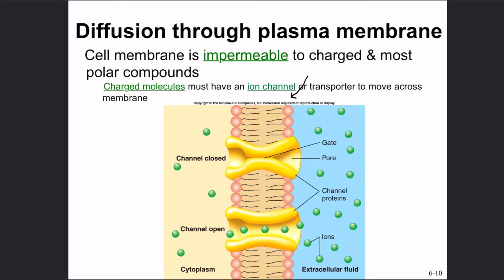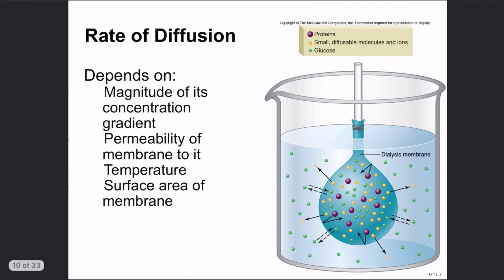These proteins can be ion channels, like these shown here, or they can be these kind of like swinging door type proteins. But if they have a helper, like these proteins to help them, this is called facilitated diffusion. It's called facilitated diffusion because they have a facilitator. They wouldn't be able to move through without these channel proteins. So a good example of this